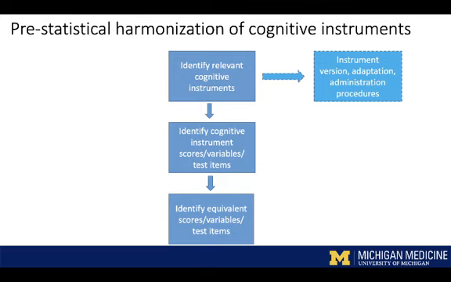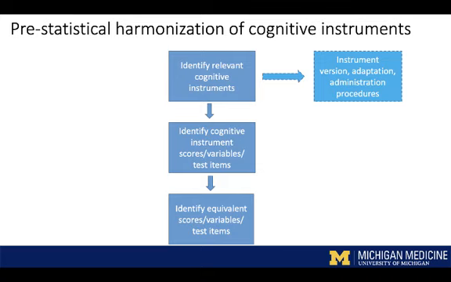Okay, so there's another layer here that is not talked about quite as much, but I think is really important to think about when we're combining data. Even across seemingly equivalent cognitive tests, there can be other sources of variability. For example, many of our most widely used cognitive instruments are updated periodically by the test publisher. And there can be tweaks made to the structure that can have an important impact on the meaning of the test scores. As an example, one of our most widely used cognitive instruments, the WAIS, the Wechsler Adult Intelligence